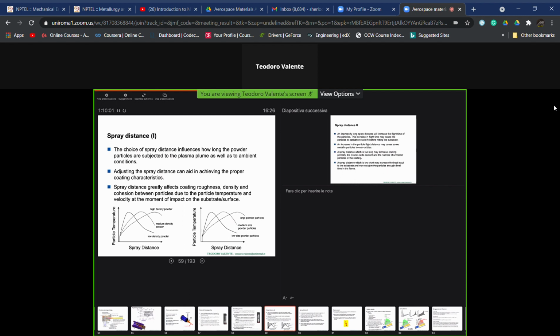we already discussed before why it is important. Here you have some more detail, but the basic concept is that we need to avoid resolidification of the particles. And when we are in the phase of development, for example, of new coatings, we make experiments. So if we don't know already, because somebody has not yet worked on that, which are the best optimum parameters, for example, in terms of plasma gas composition as well as spray distance,